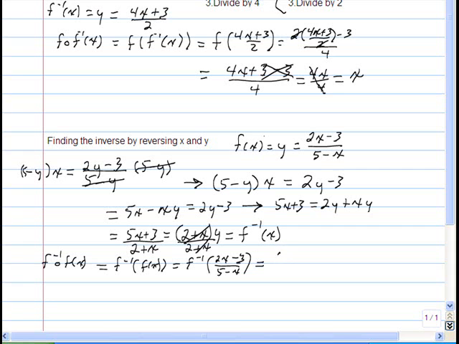Well, f inverse takes a number and changes it to 5 times the number plus 3 over 2 plus the number. So I get 5 times 2x minus 3 over 5 minus x, plus 3, over 2 plus 2x minus 3 over 5 minus x. To clear that complex fraction, I'm going to multiply top and bottom by 5 minus x. Then I get the expression